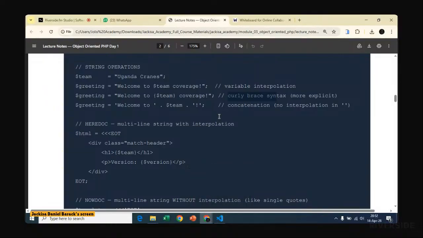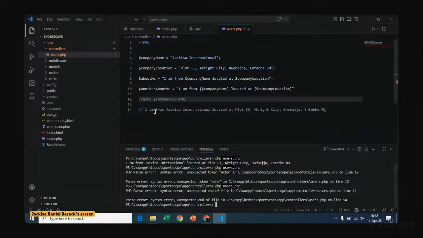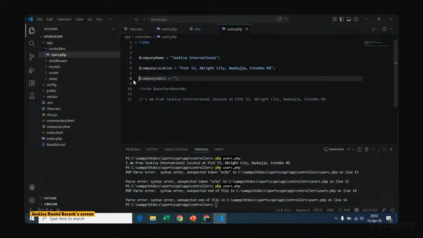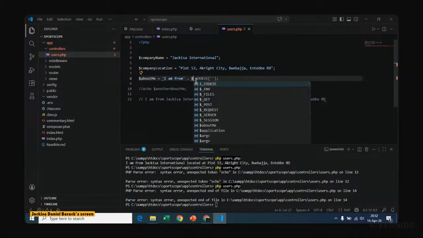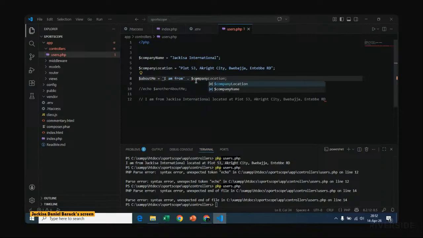Well, one that I'm totally sure of is concatenation. We don't need interpolation when we use single quotation marks. For example, instead of all this, if we just said that about me is simply a single quotation mark where we say I am from, and then outside of here you add a dot to concatenate this with company location, and then you say